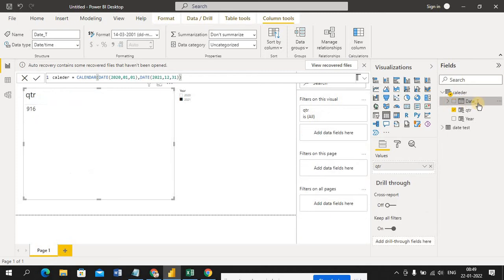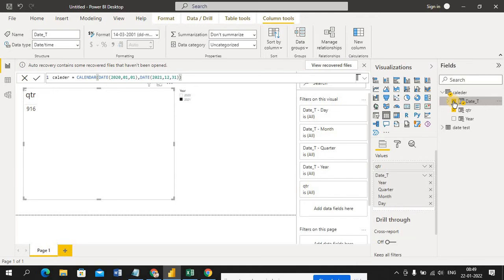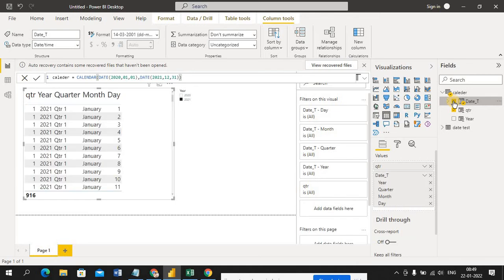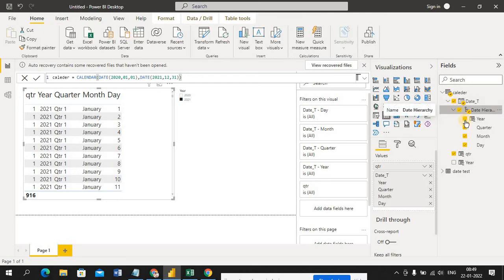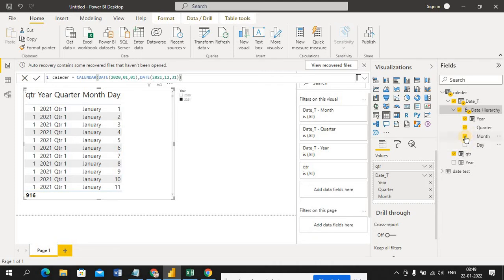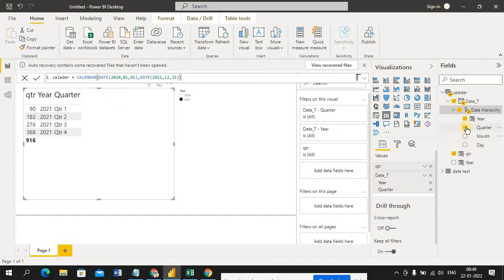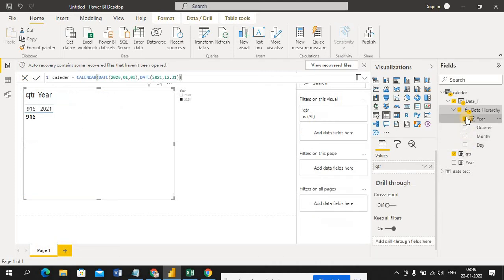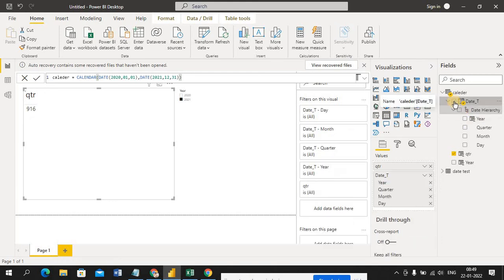It's not coming. Just unselect all of this. I'm looking for only one column which is presenting a single date.